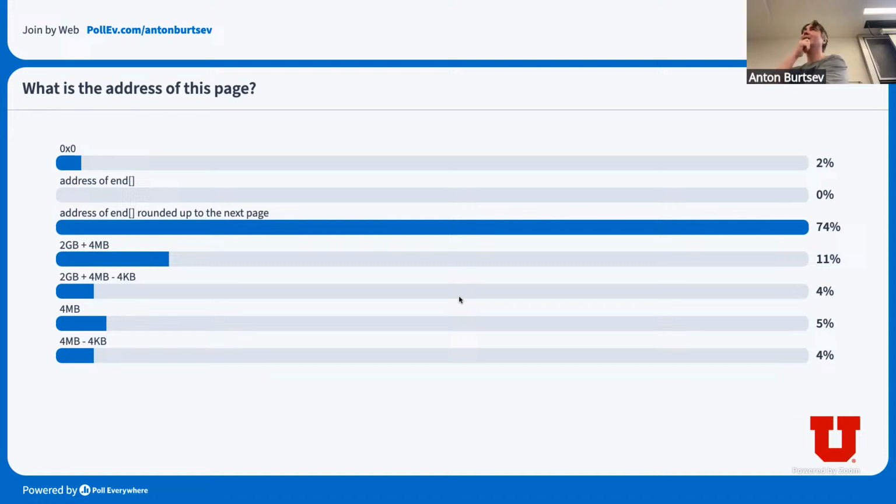Okay, so let's discuss for a little bit. So you say the majority of people believe that this is the address of the end symbol rounded up to the next page, right? Can someone explain the logic? Like we're trying to use the what page for the